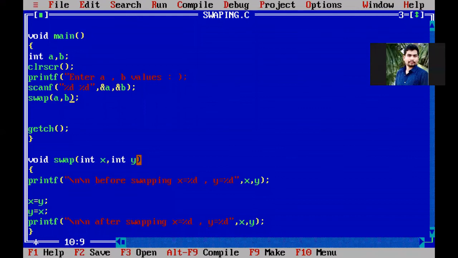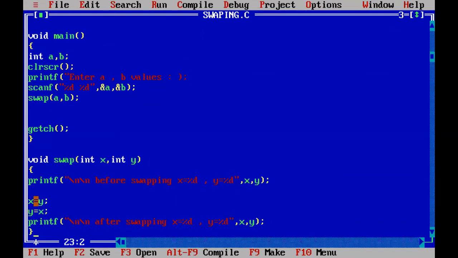Now x value is what? 10, the y value is 20, and enter into the swap function and execute the first statement. What is the first statement? Print the x comma y values before swapping. So x equal to %d. Here 10 is printed, here 20 is printed. Now you perform the swapping. Just assuming this is the swapping logic.